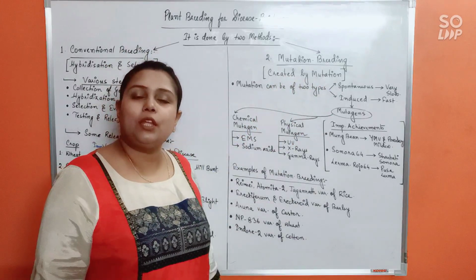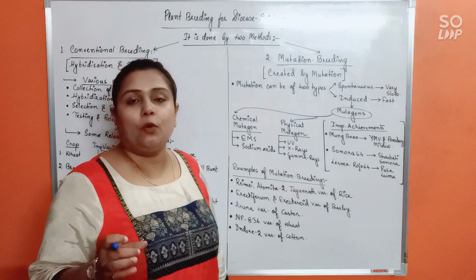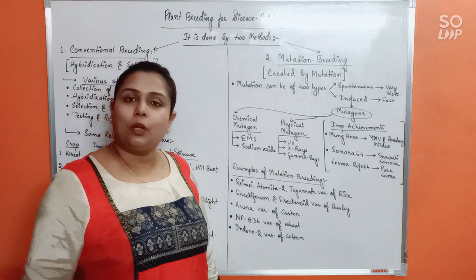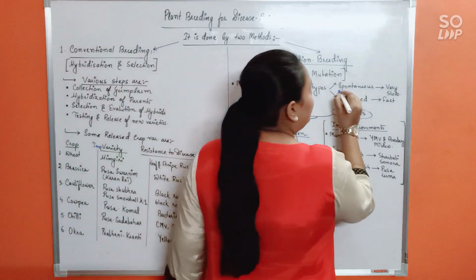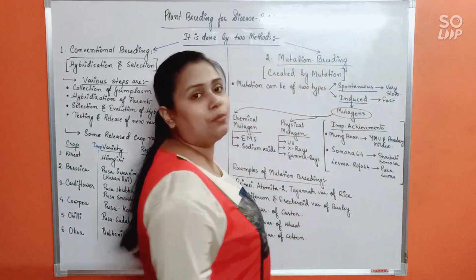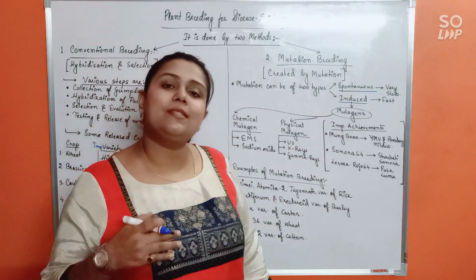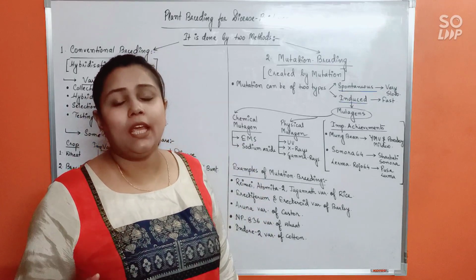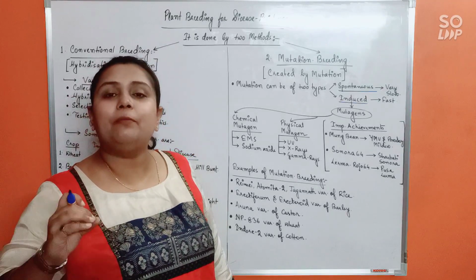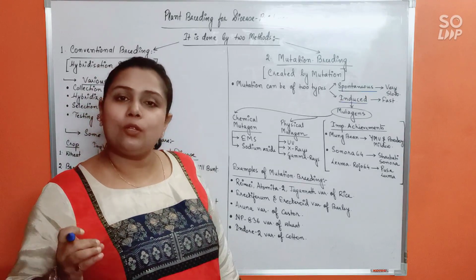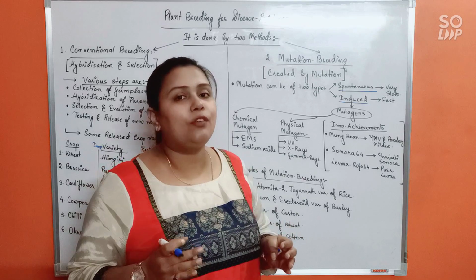First, what is mutation? A sudden change in the genotype or genetic makeup of an organism is known as mutation. Mutations can be of two main types: spontaneous mutation and induced mutation. Spontaneous mutation is a very slow mutation that happens naturally. All the time, certain changes keep occurring in our DNA, but very slowly. These are also mutations, but because they do not happen at a very fast rate, they are usually not very harmful.